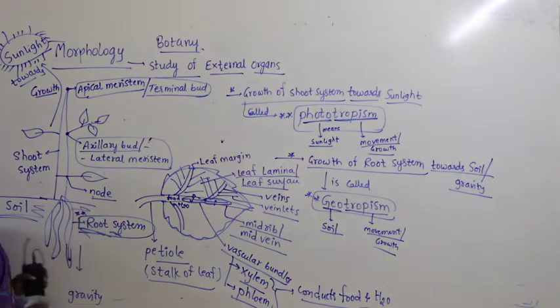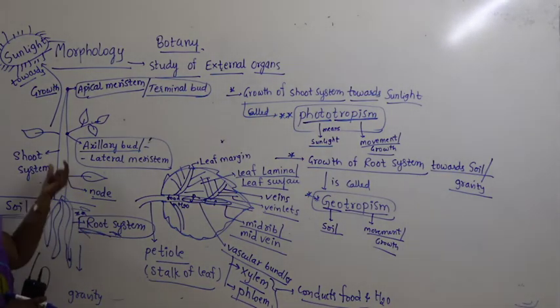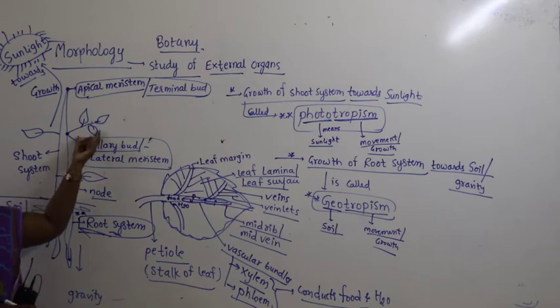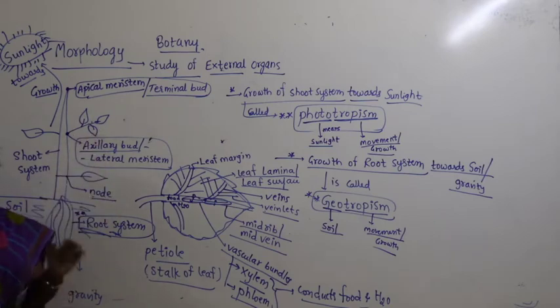Now, in our morphology, let us study about root system. Let us start with root system. Later we will go with the stem. Later we will go with the leaf, and we will see the types of leaves, right. So, before that,